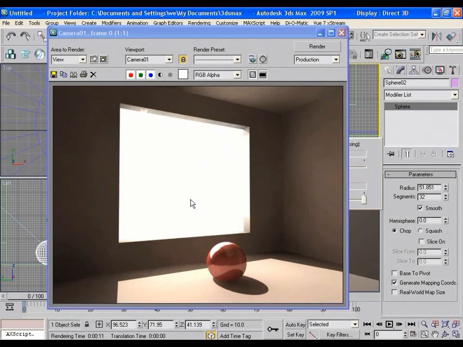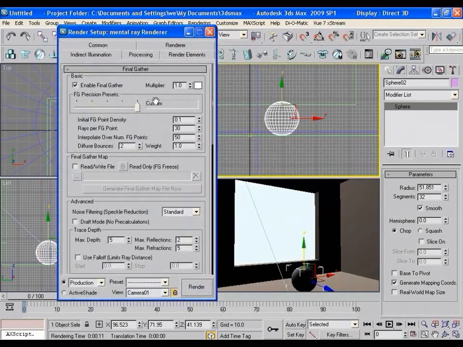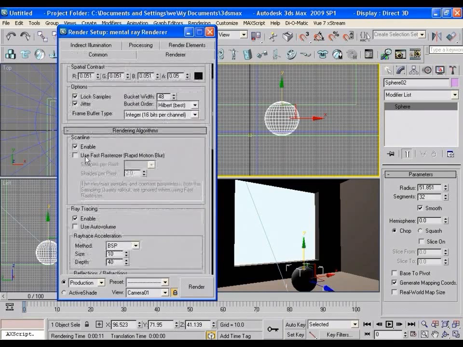Now this is the brightest part in the scene. I want to make it more realistic. I want to give the feel that there is a very bright and sunny day outside. And to give this kind of effect, I need Lume Glare tool. Lume Glare affects the brighter parts in the scene. So let's do that. Go to Render, Setup, Renderer, go down, and you will find